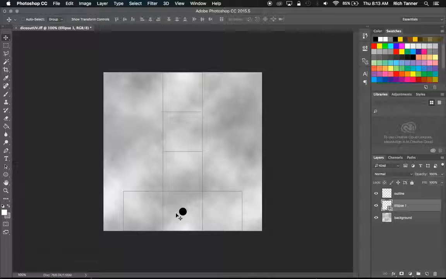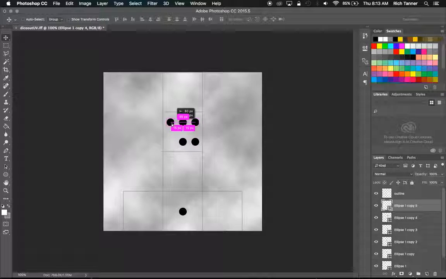So now that I've got my dot, we're going to do some trickery here. I'm actually going to hold down the Alt key or Option, depending on which keyboard you have, with my move selection on, and that will create a copy of this. And I'll drag it up here. I'll just keep doing that. And so I know on the direct opposite of 1, I want 6. So luckily in Creative Cloud, it just automatically gives us these cool little template lines so we can drag them out nicely. So 1 and 6,